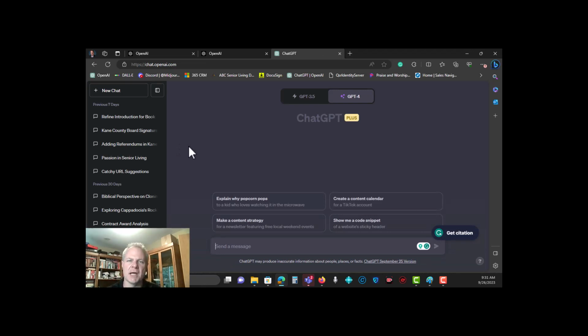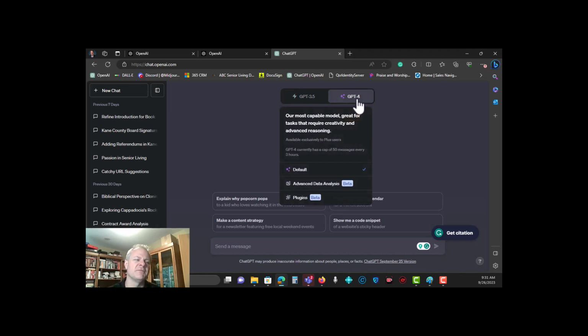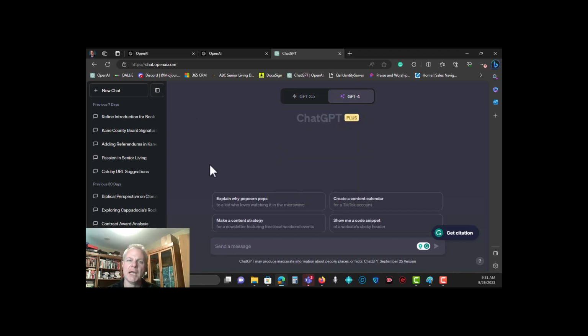DALL-E 3 is out, so we'll also do a little exploratory with that. Up here you're going to see GPT 3.5, and over here, if you're on the free version, you'll see a little padlock next to GPT 4. I'm on the paid version, and we'll talk about reasons why I believe that's a good investment if it meets your needs a little later in the video. So that is signing up for ChatGPT.